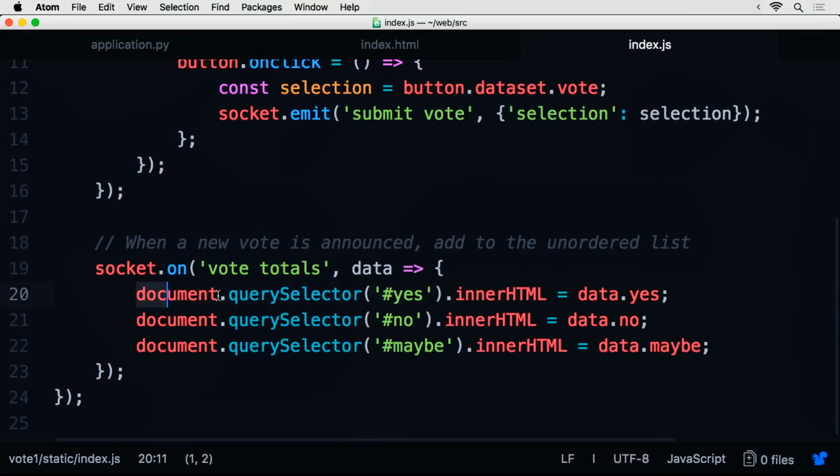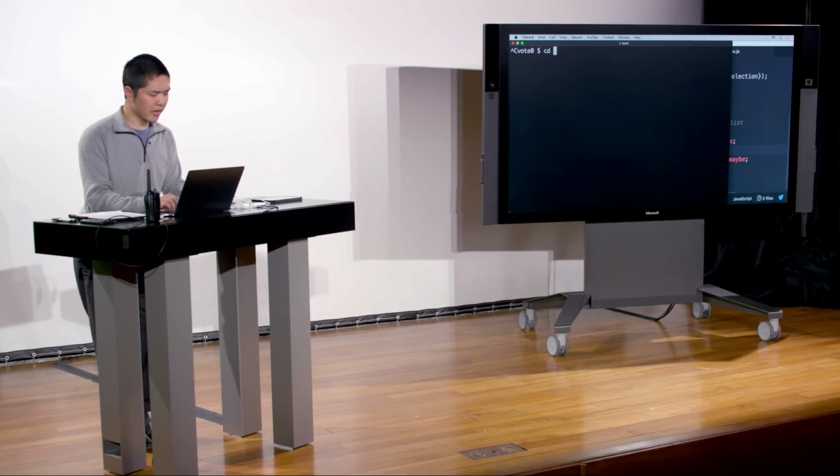Well, I want to update my yes span, the thing that has ID yes, set its inner HTML to be whatever data.yes is, and likewise with no and maybe, such that when I get the new vote totals back, I want to update my current counts of what all the votes are. And so the result of this, if I go into vote 1 and do flask run,